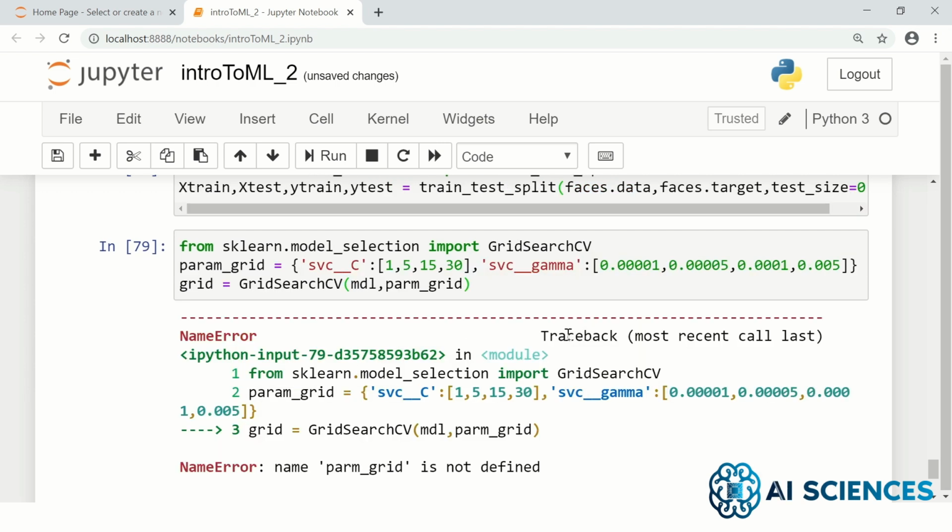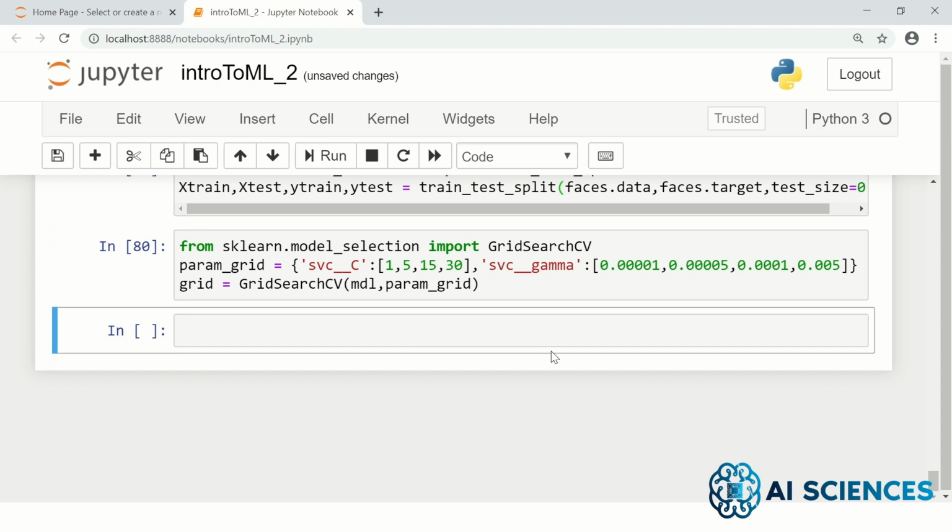I guess I made a spelling mistake as usual. Oh yeah, now the grid is defined. Now what next? Let's see how this grid model can be used on the training data. So grid.fit